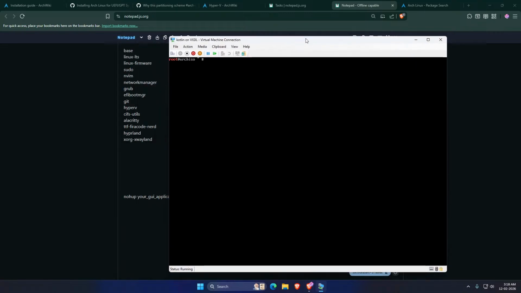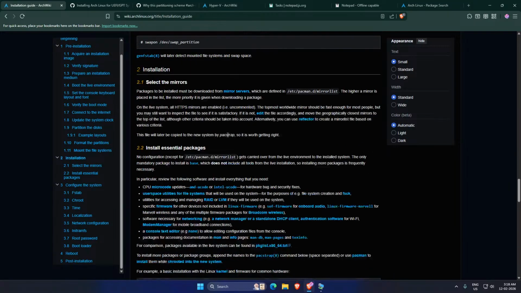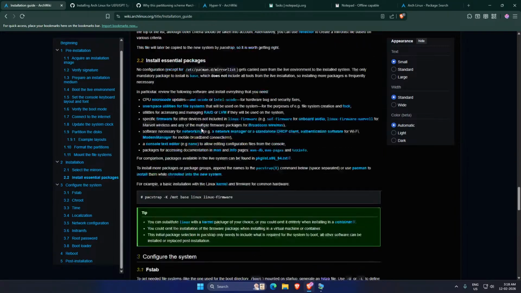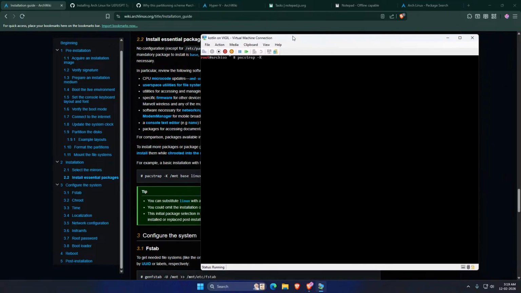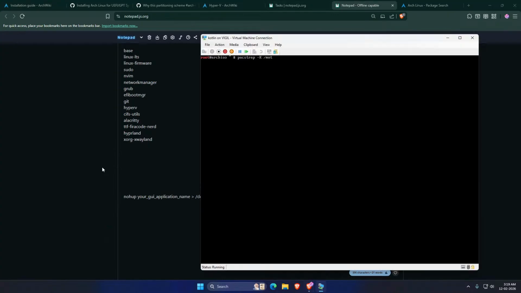Let's type this out. Pacstrap, pacstrap -K /mnt. The root file system is mounted there. Then we need to select these packages: base, linux-lts,